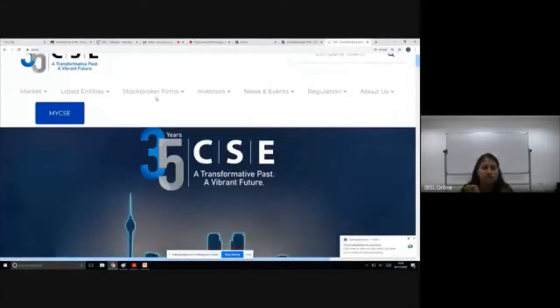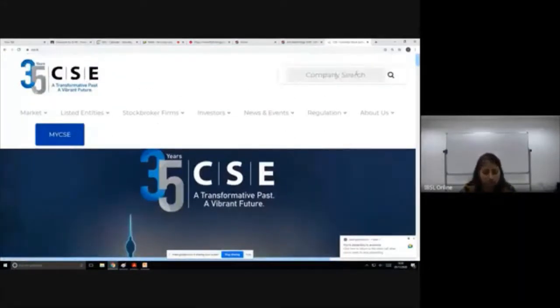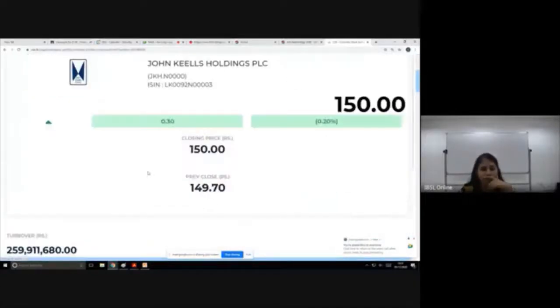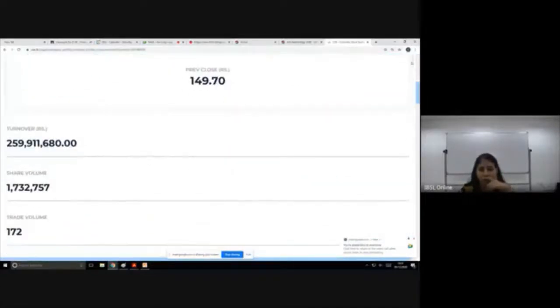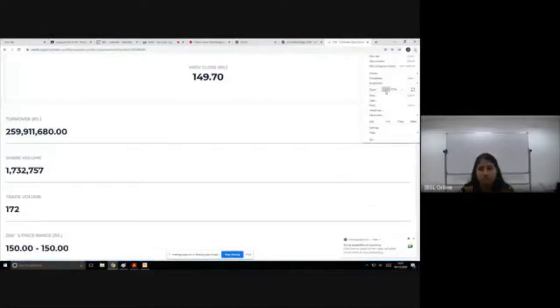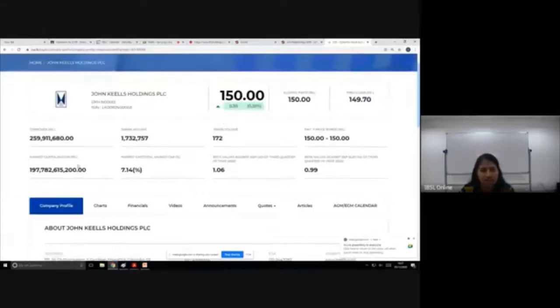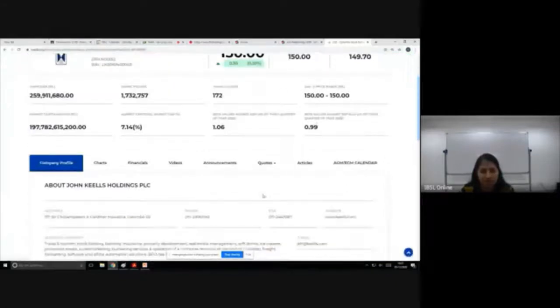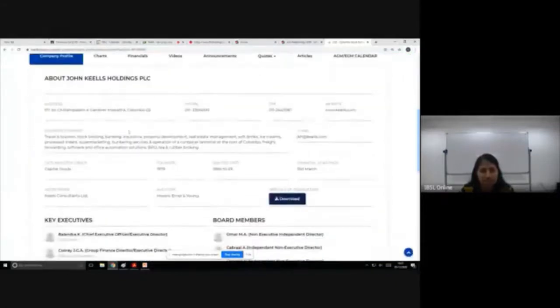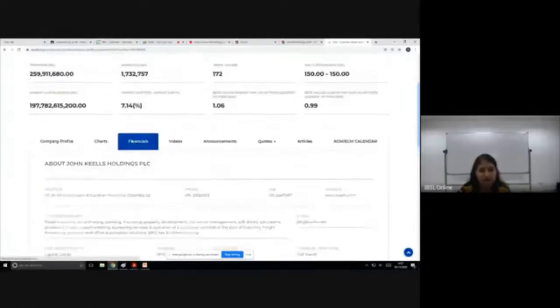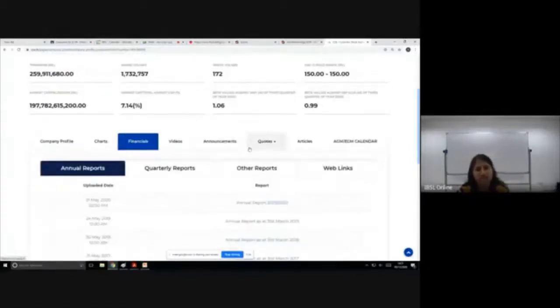Here you can see, let's go to a renowned company. Here you can see the last traded price, all the stock related information and the company related information, when it was founded, what is the listed date, who are the board members, the key executives, the financials, the announcements,